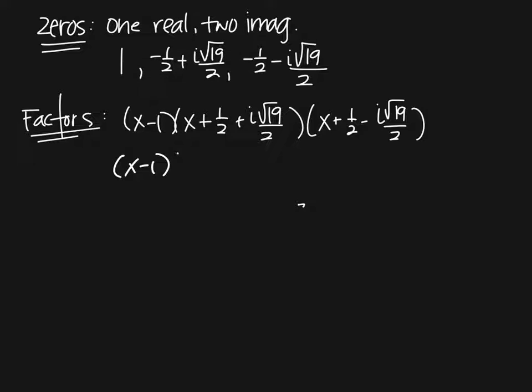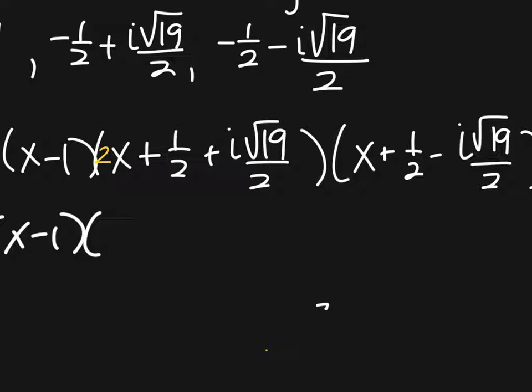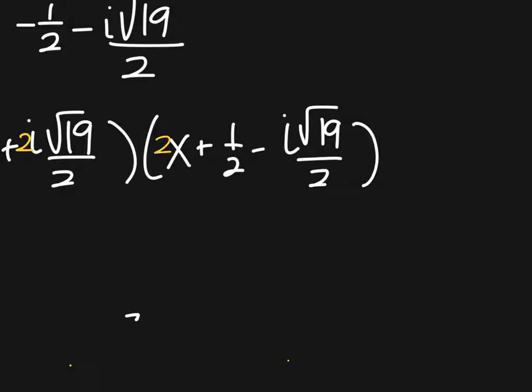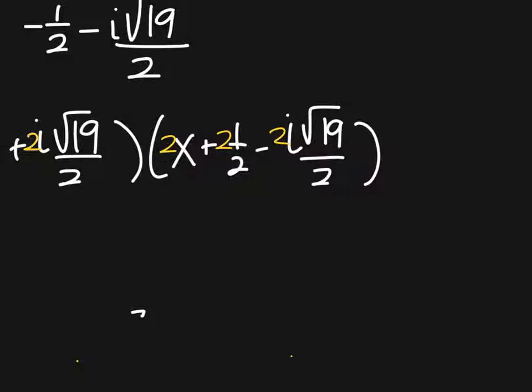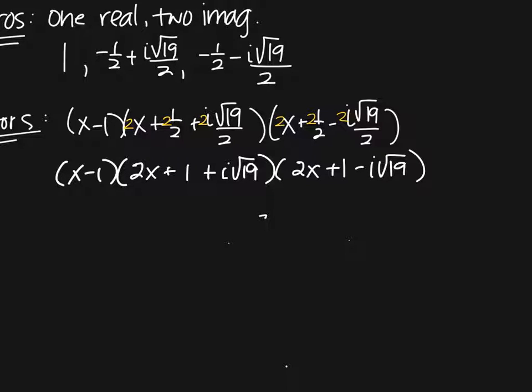So x minus 1 is fine, but then we're going to take these factors, and we're going to multiply them all by 2. And then we do that for the second one also. And what that does is it gets rid of the unwanted fractions for me. So I'll have 2x plus 1 instead of a half, and then plus i rad 19. It's not over 2 anymore. And then 2x plus 1 minus i rad 19, and that's not over 2 anymore either. So I doubt anybody got that right, but if you want to brag about it and you got it right, then yes,